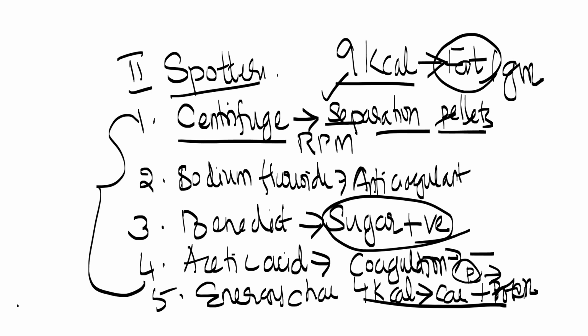So that's all. With the spotters, you finish off your practicals, and then we have to face the viva. When you talk about abnormal urine constituents, you have to definitely say the clinical significance, why it is excreted, and in which condition it will be excreted. In the case of spotters, you have to write the purpose of usage and the significance. These are the two expected questions you can face for the biochemistry practicals for BPT students.